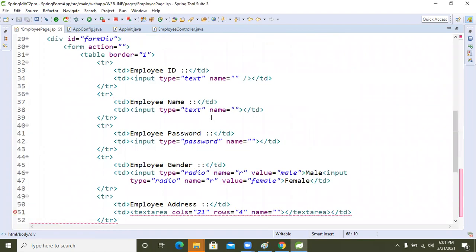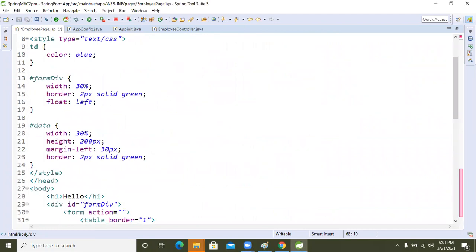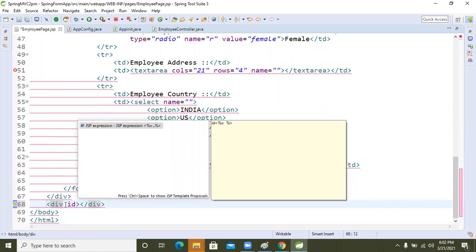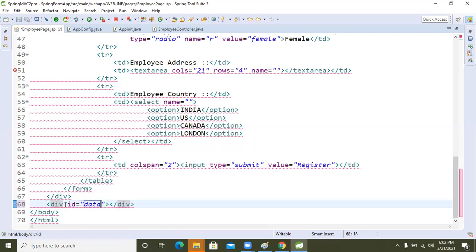We will pass another piece of data, the ID. Inside this div tag, we will take the ID tag.